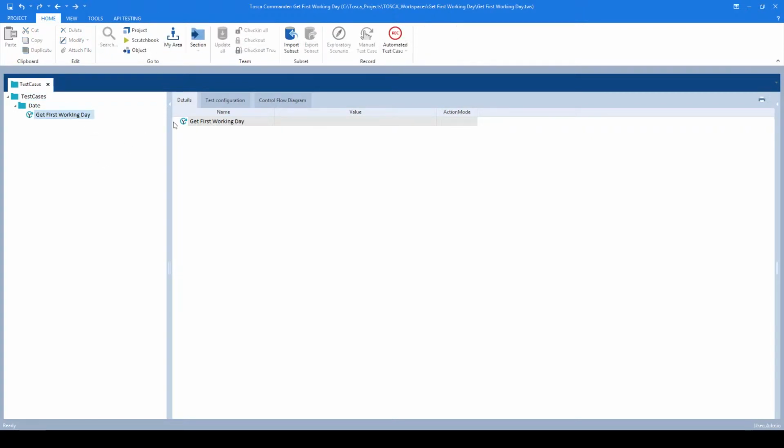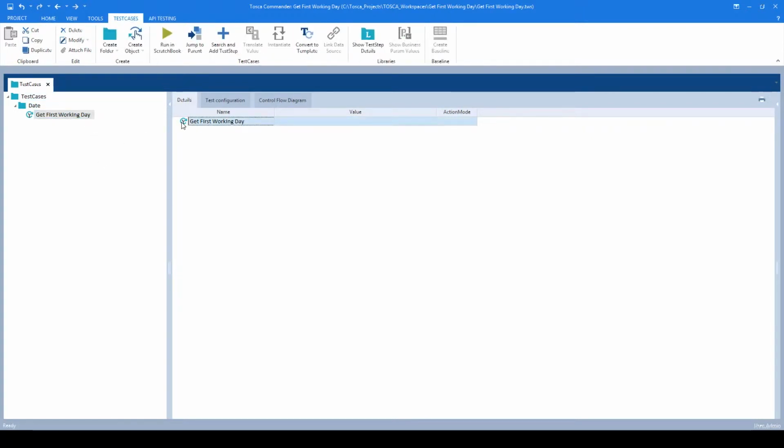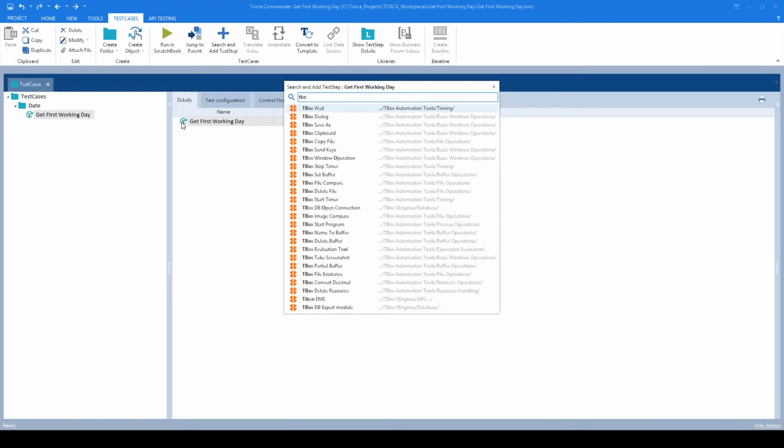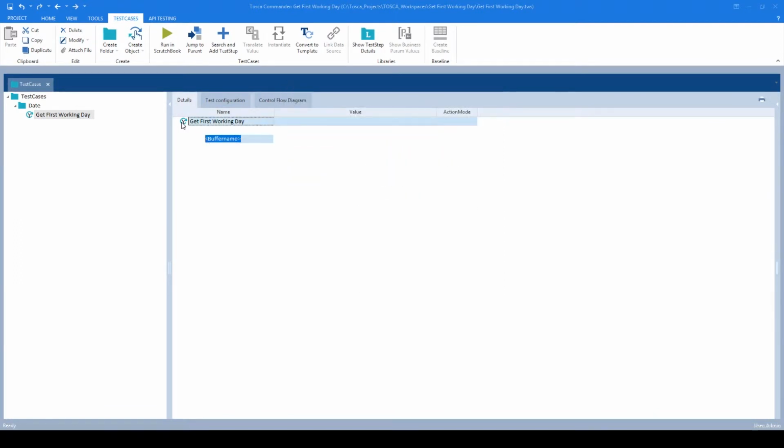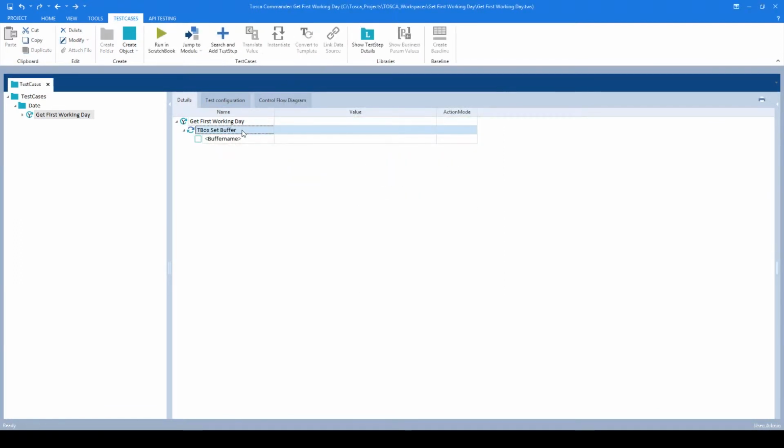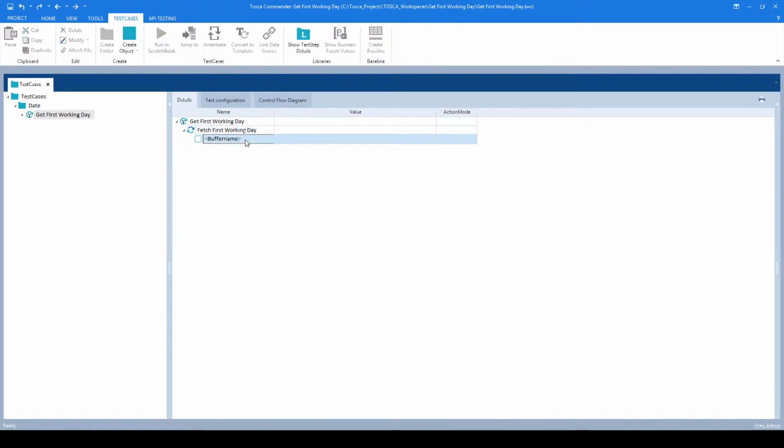And inside that test case, I am going to use one module called TBox Set Buffer. Let me rename this step as fetch first working day. And let me rename this buffer also as